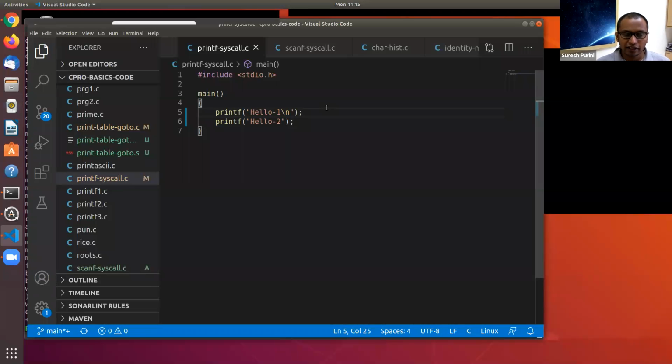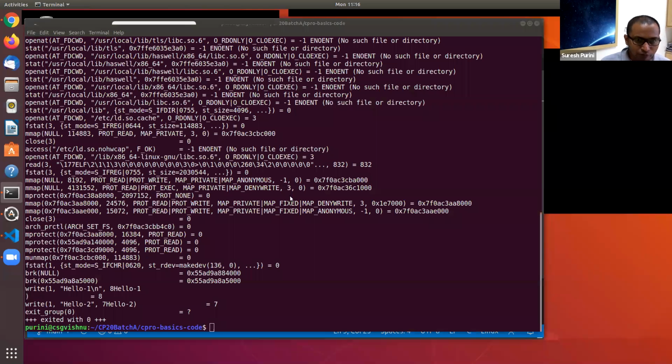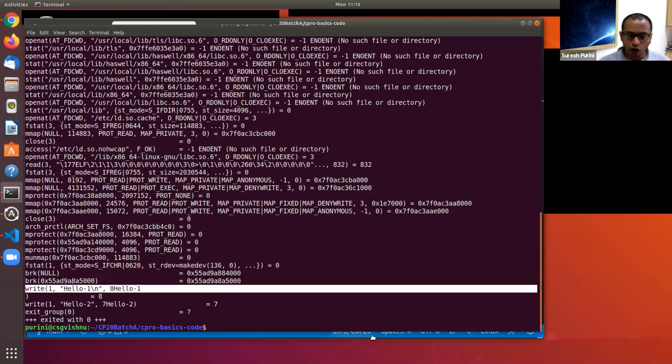Whatever is there in its buffer, it immediately writes onto the screen by making a write system call. So if you see here, because we have kept /n here, we are forcing printf to make a write system call. Are you with me on this one? How /n in a printf is forcing printf to make a write system call immediately.